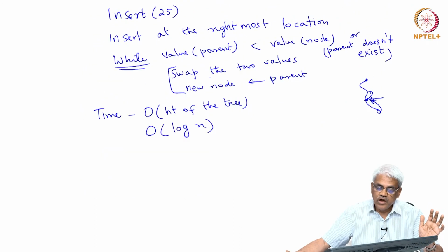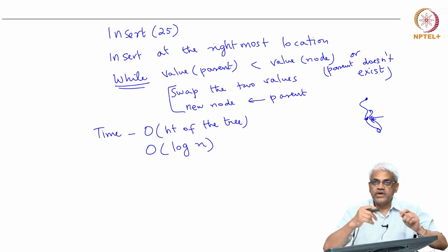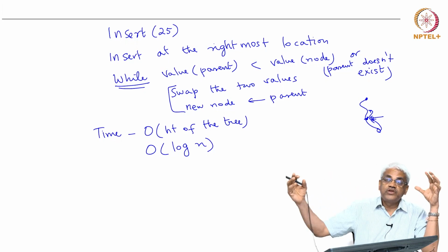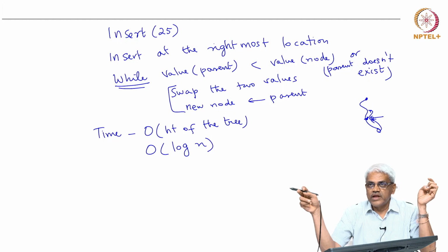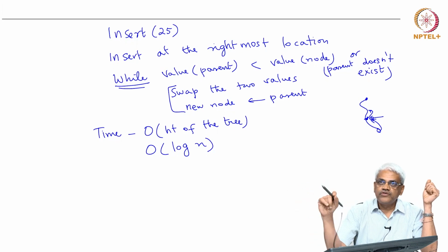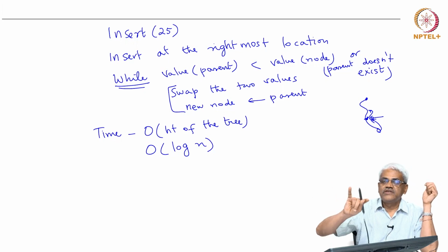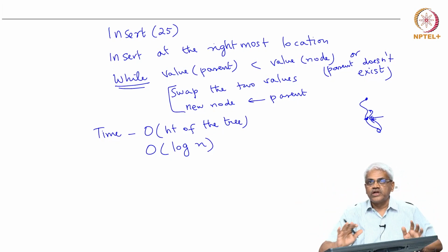Similarly, when I want to insert, what do I need to know? I need to know the parent value and the node value, right? How do I insert? I add it to the end of the array and then look at its parent, which is floor of (n plus 1) by 2, and see whether there is a violation. If there is a violation, do a swap. After you've done the swap, compare the value of that node and its parent and see whether there is a violation, swap. So you can maintain the whole thing in an array without explicit pointers